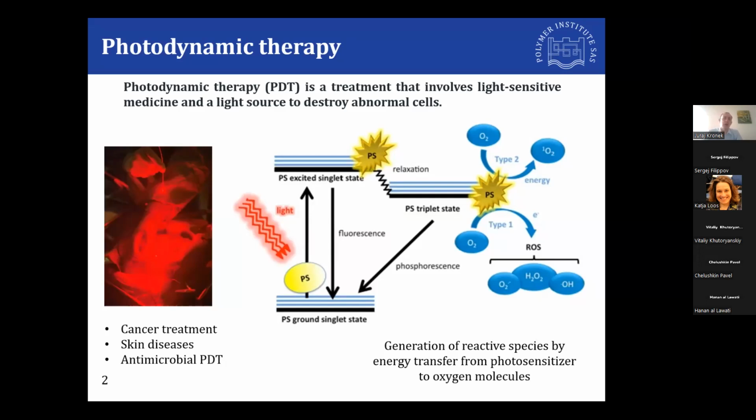Today, it can be used for treatment of cancer, also for treatment of different skin diseases, and even during the COVID time, photodynamic therapy was used for sterilization of materials against microbes, and we know also